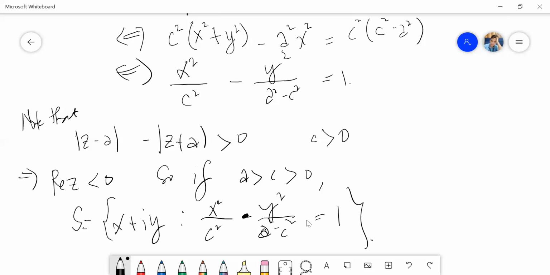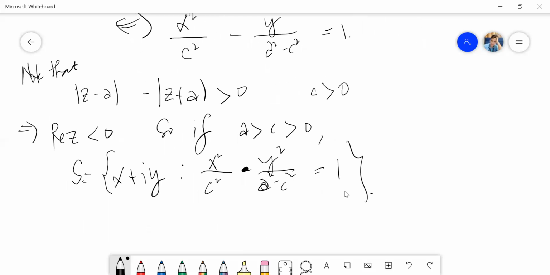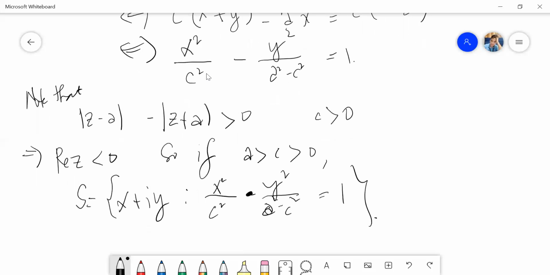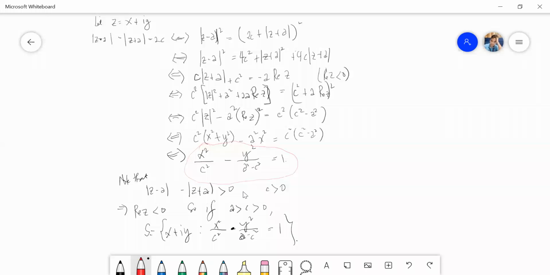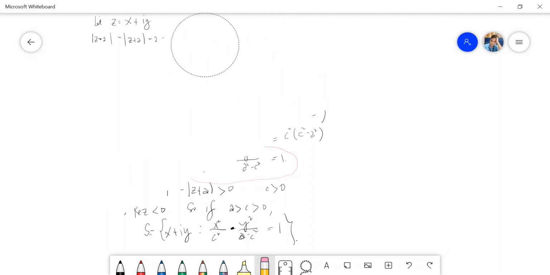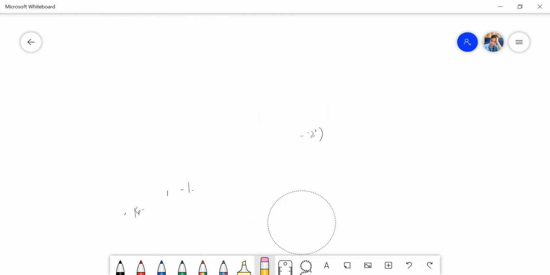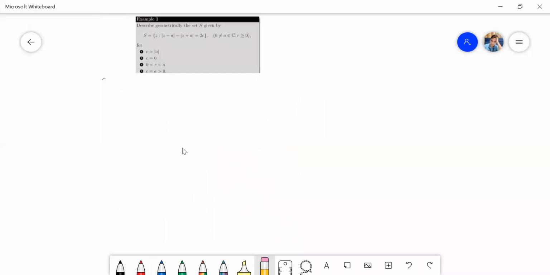And how do you call this set here? This is actually the set of hyperbola. This is an equation of hyperbola here. If you're familiar, you can go back to the video I have for hyperbola. So this is an equation of hyperbola. Your foci in this case are a and negative a. That's it. So we're done with case 3 for which your a is greater than c and your c is positive. So pretty sure your a also is positive.